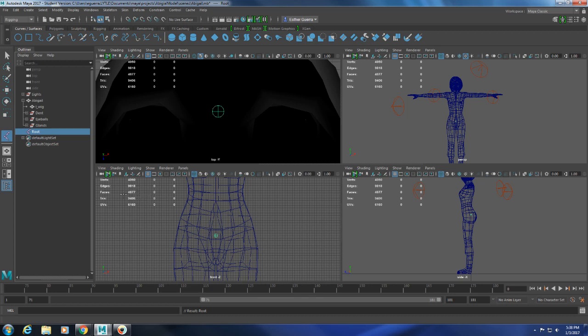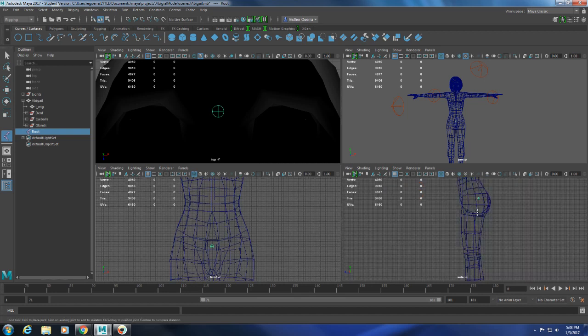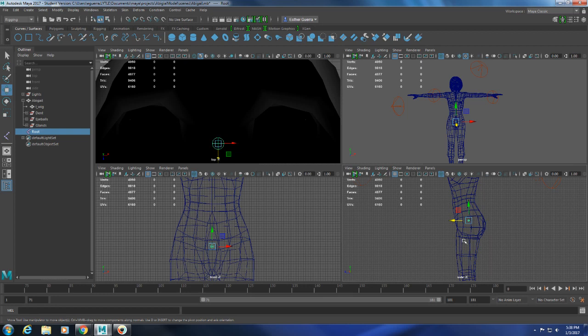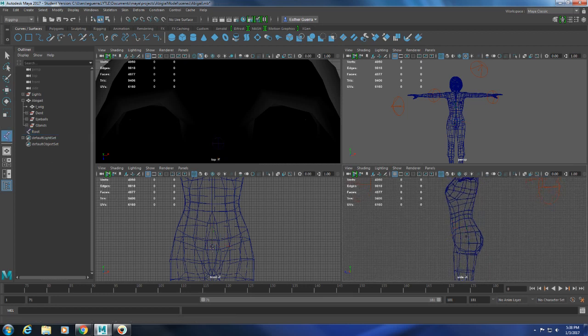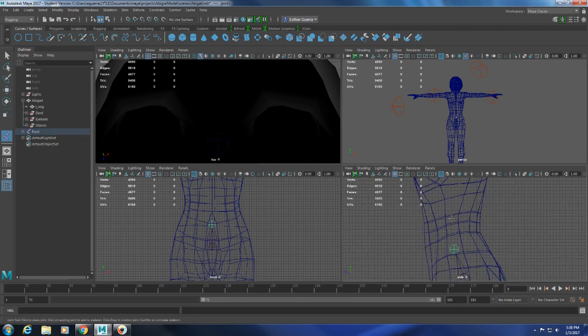Now that we have that, make sure your root is selected, then you may proceed forward. Actually, I'm going to move this right here so it's fully centered. As you notice, I had to use both the front and side. Once I have that, I'm going to select this, and you notice the root hasn't been selected. So I'm going to reselect it by clicking it once to reactivate it. Then proceed forward to create